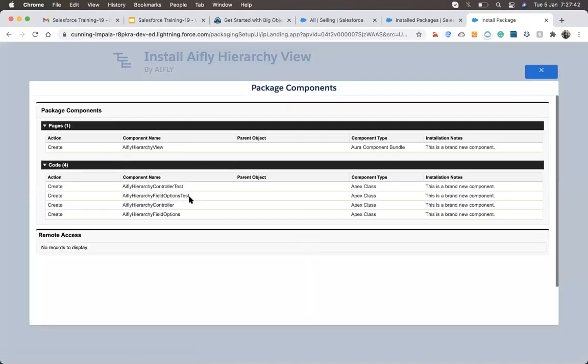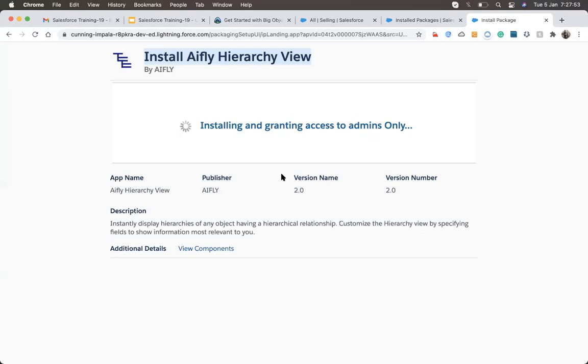You can also see the package components. It contains an Aura component and 4 classes. Still installing.